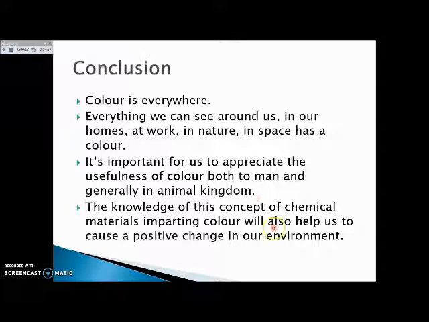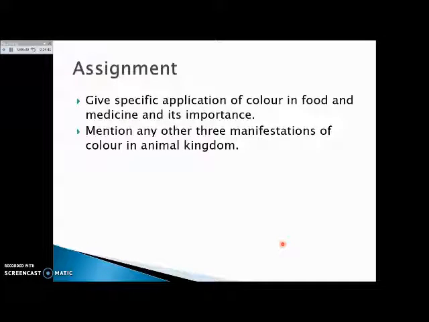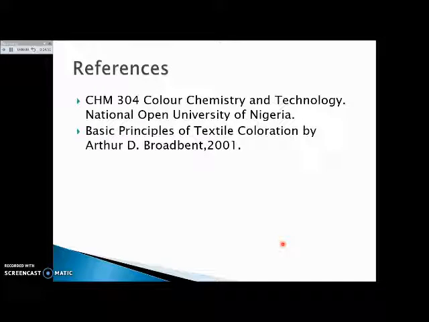positively affect our environment. I want you to be aware that we have your assignment that has been captured in your lesson note. You need to submit so that when due, the references is also with you in your lesson